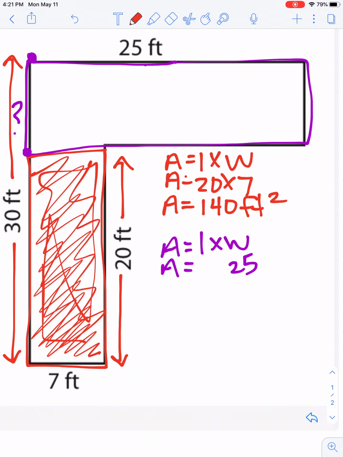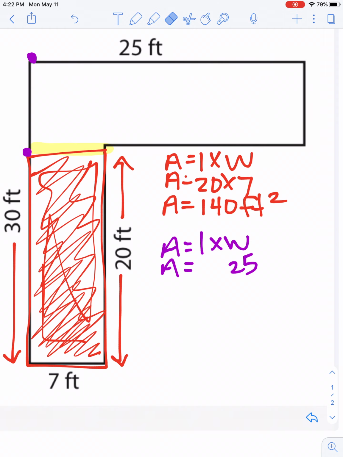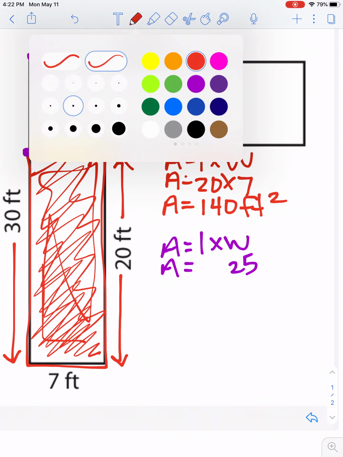What's the difference between 20 and 30, since that is where that edge of the rectangle stops? I'm going to highlight it right here. That's where the edge of that 20 feet stops. So what's left over to get from 20 feet to 30 feet? That would be 10. So the missing length